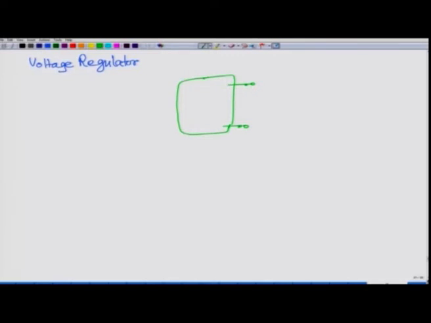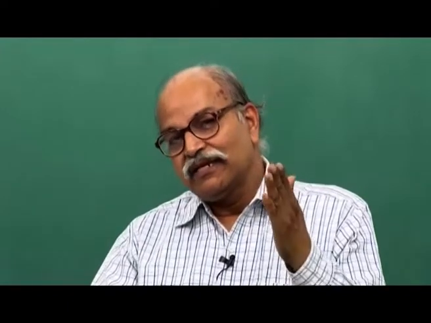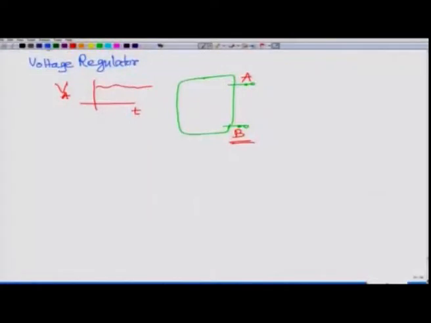Let us say these points are A and B, and then you have the voltage V_A with respect to point B, which we will take as V equal to 0. So, V_A has some fluctuation, it is DC, right. As a function of time it is constant, but there is some fluctuation. And then I need a constant voltage for my appliance. So, my appliance needs a fixed voltage. So, what do I do? I can put the appliance here,